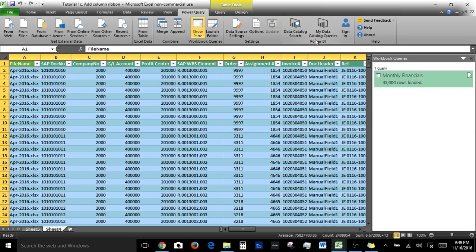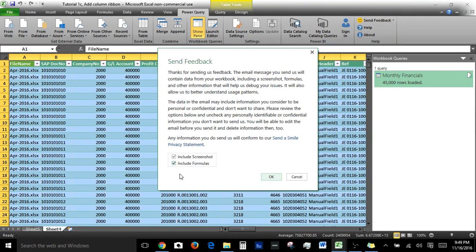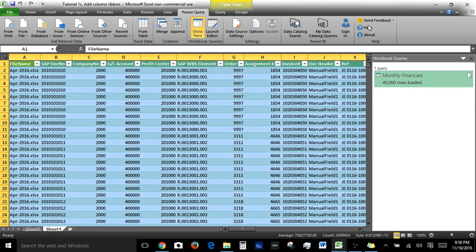So if you have Office 365, you can use all these. You can sign in, you can send a smile to Microsoft, and show them how cool this tool is and what you have done. They really appreciate it, everyone. It helps to appreciate the good work people are doing, right? It'll take a screenshot, include your formula, a screenshot of this screen if you're sending feedback from here, or a screenshot of your query editor if you're sending feedback from your query editor. If you don't like anything, hopefully there's not much, send it to them. Help about tells you which version of Power Query you have,